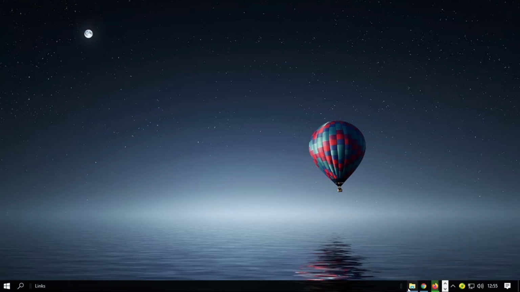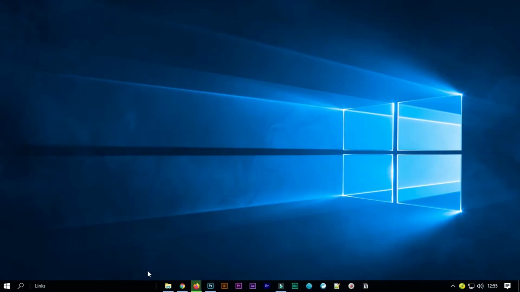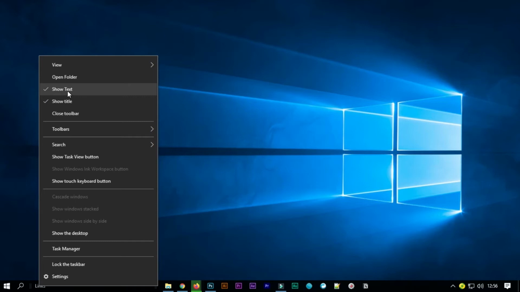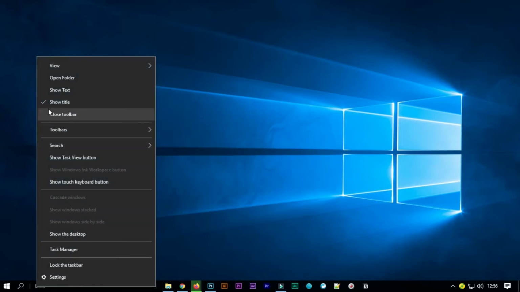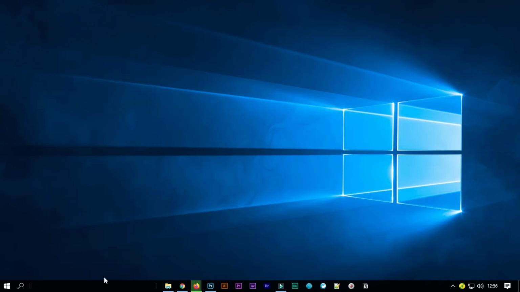And therefore all I need to do now is just to shift this very taskbar to the very center, so you will approximate where the center is, and once you are satisfied, you will leave it at that very point. The next thing I want you to do is to right click on the links and hide the short text. Also, I want you to come back and right click on the links and also hide show title. And then after that has been done, you will have your beautiful taskbar at the center, and this looks just